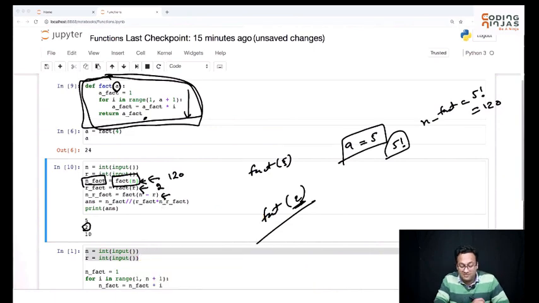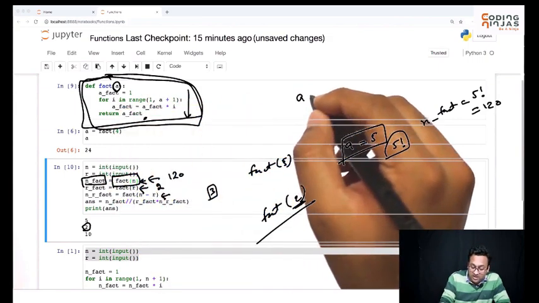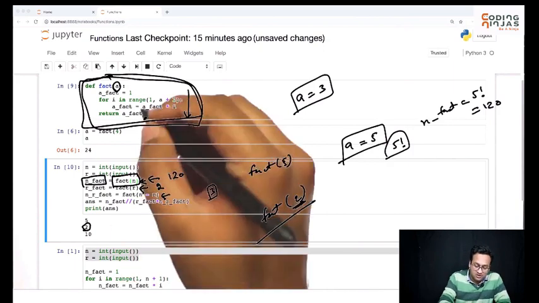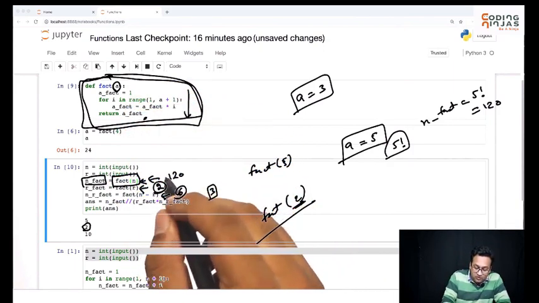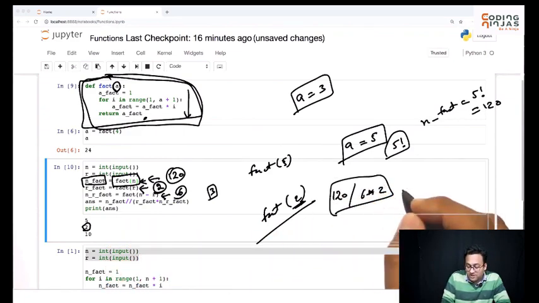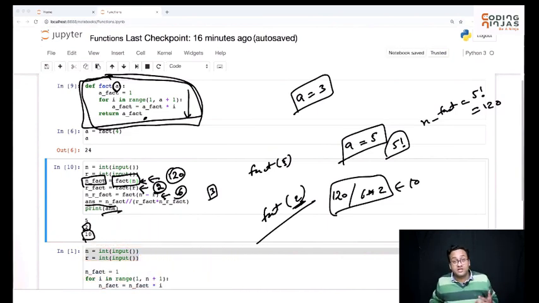And then you call n minus r factorial, and n minus r is 3. So you again go here and your a becomes 3. Whatever is the number, a becomes that. It calculates the value, 3 factorial is 6. So you have 6, 2, 120. Answer becomes 120 by 6 into 2, which is 10. That's how the answer which is getting printed is 10. Okay, that's how the answer is printed.